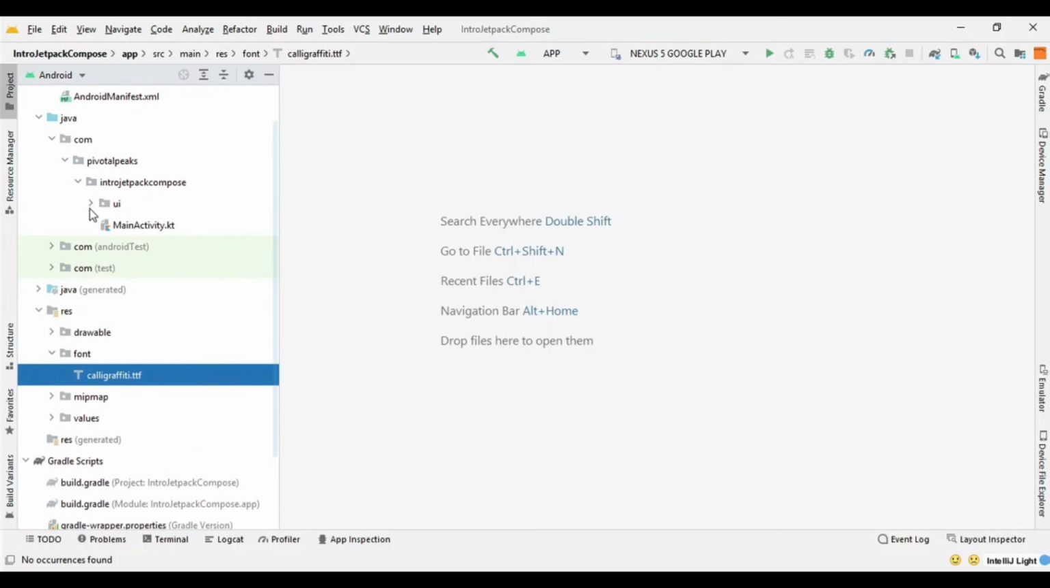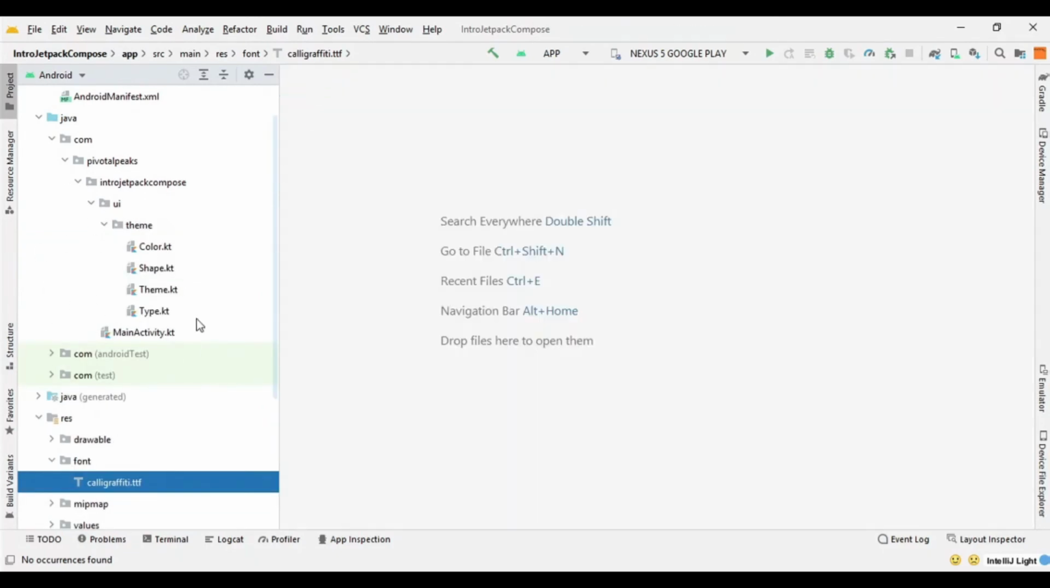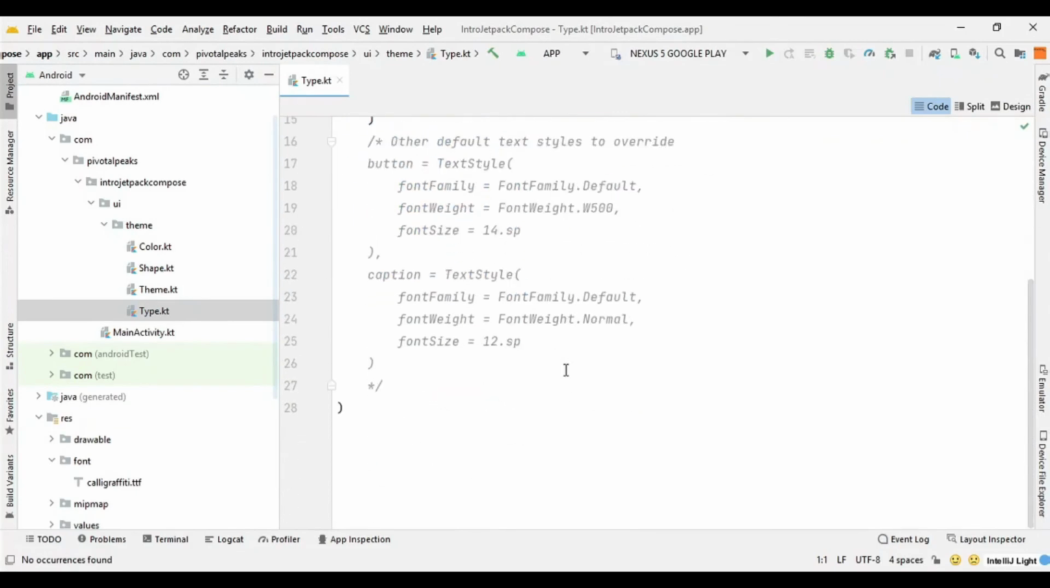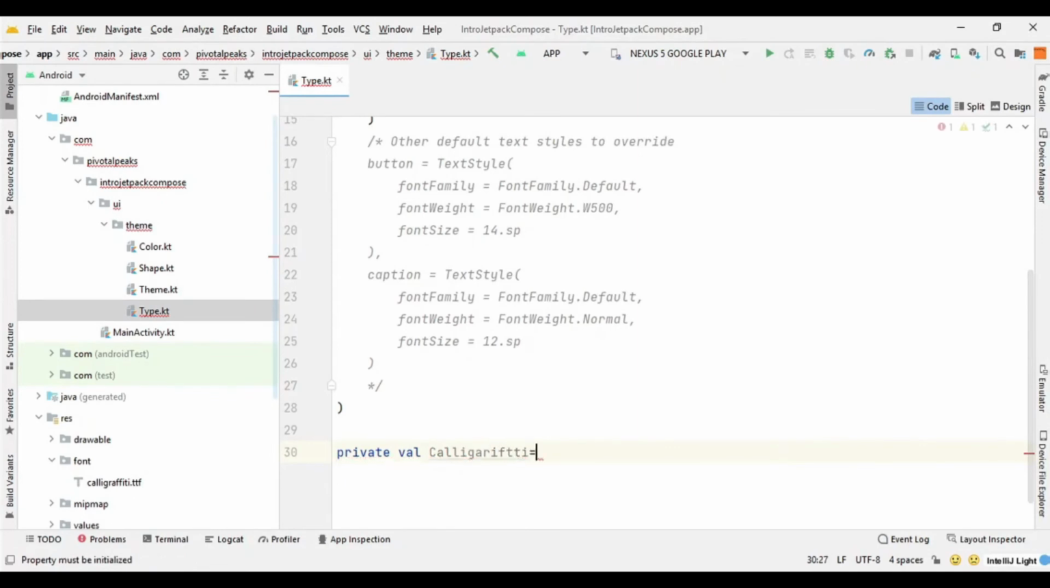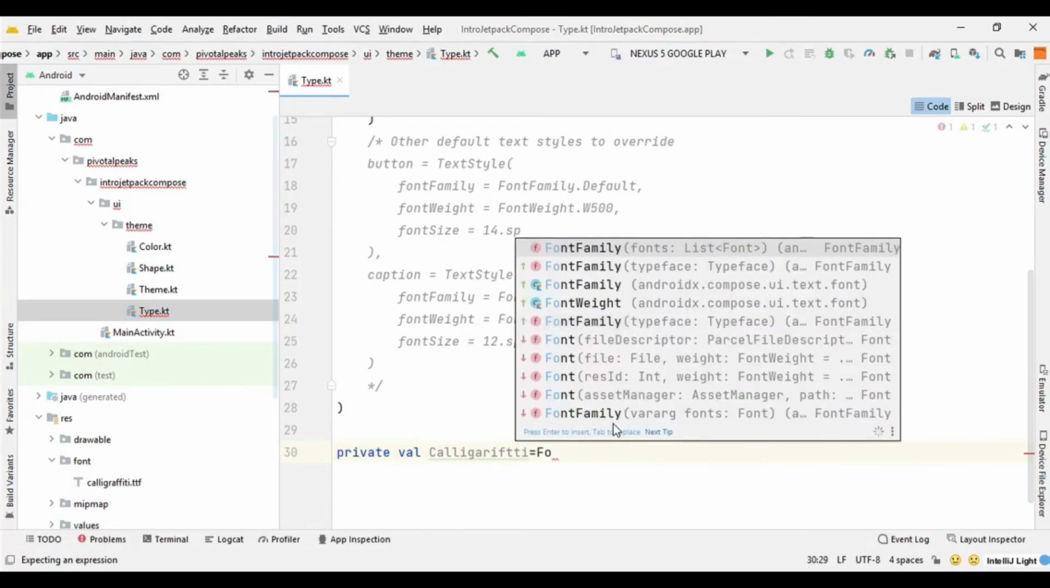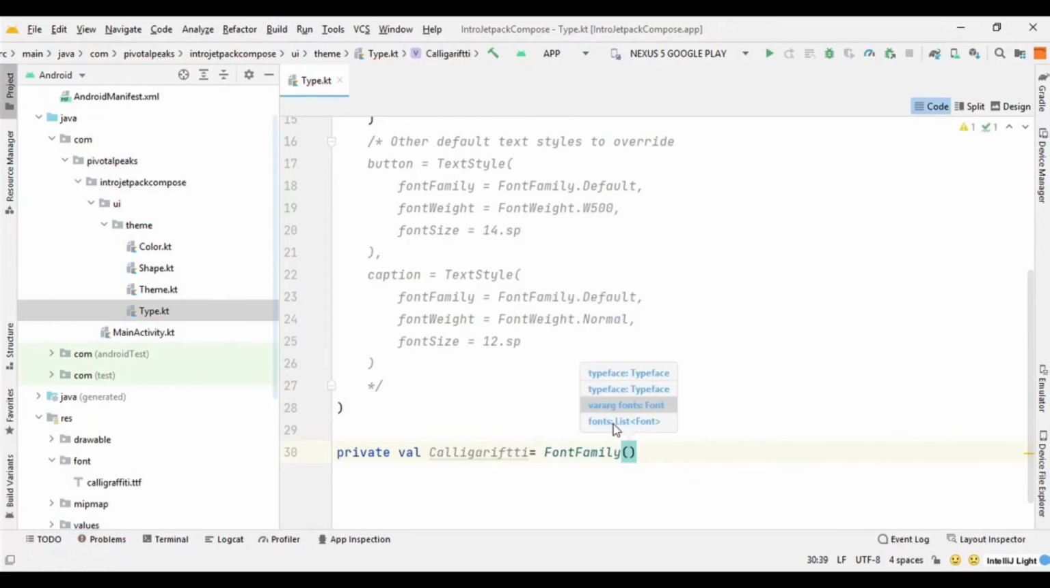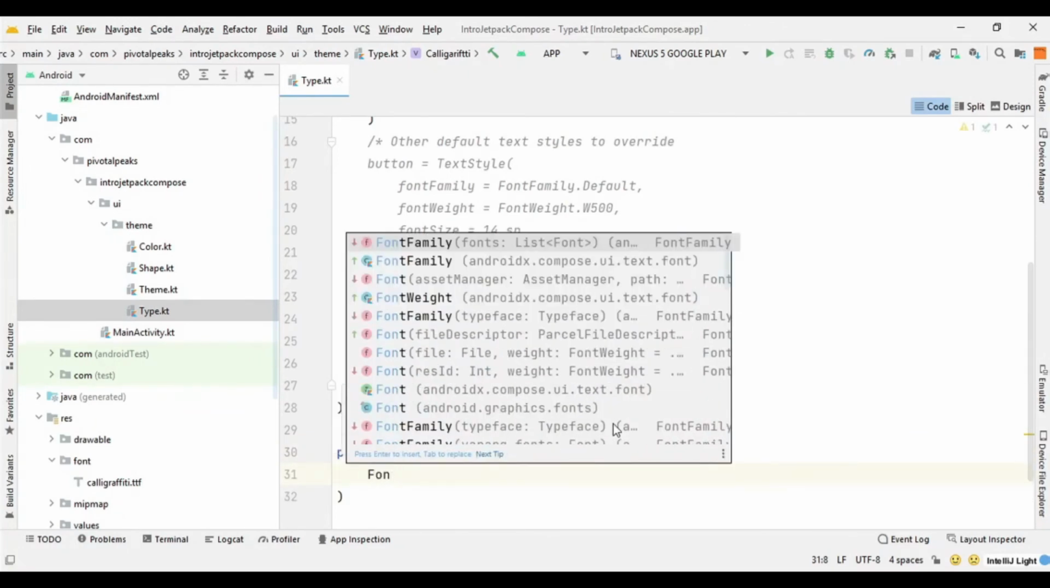So we need to go to this type.file. Now we need to create a variable for that font. So let's say private val, and here I can call it whatever I want. So I'm going to call it calligraphy, and then we just need to provide the font family. So font family, and inside this font family we can say font,